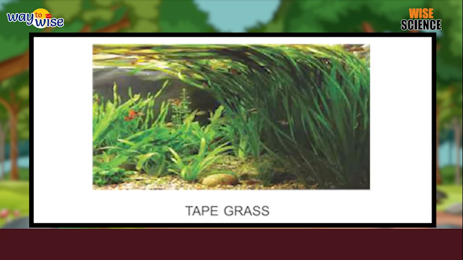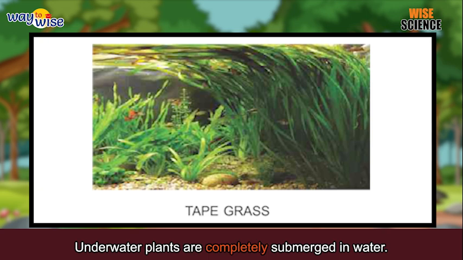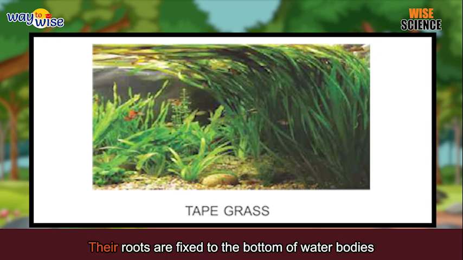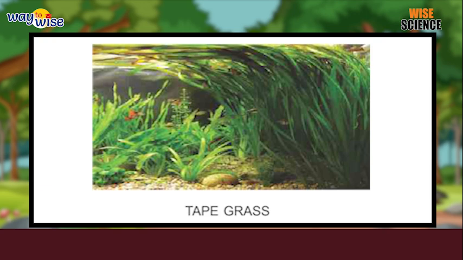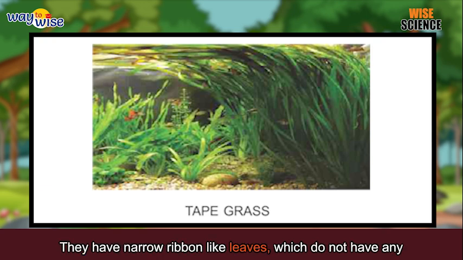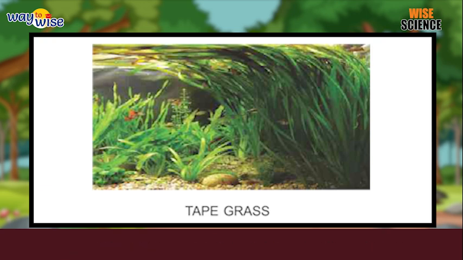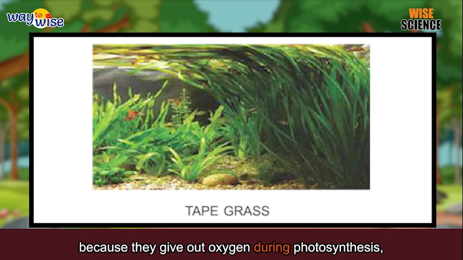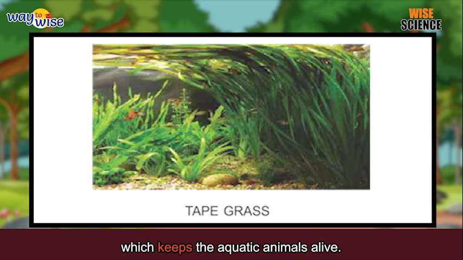Underwater plants. Underwater plants are completely submerged in water. Plants like pondweed and tape grass grow underwater. Their roots are fixed to the bottom of water bodies like ponds. They have narrow ribbon-like leaves which do not have any stomata. They breathe through their stems. Underwater plants support animal life to a great extent because they give out oxygen during photosynthesis, which keeps the aquatic